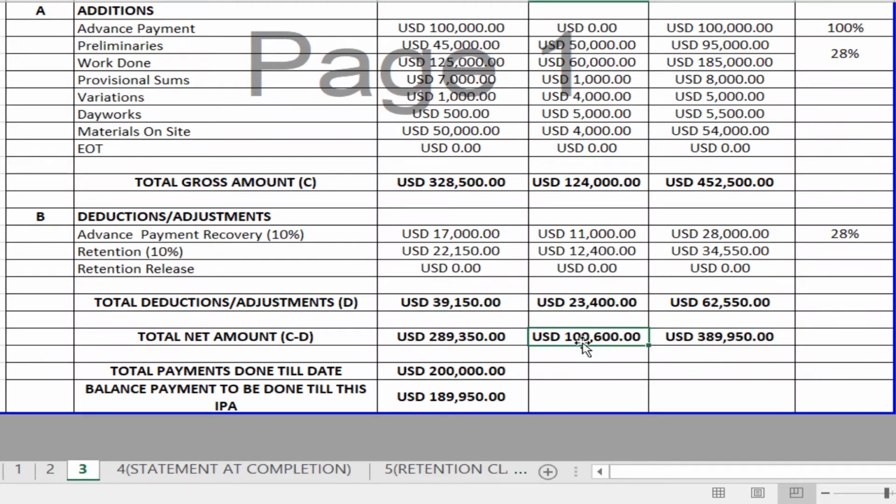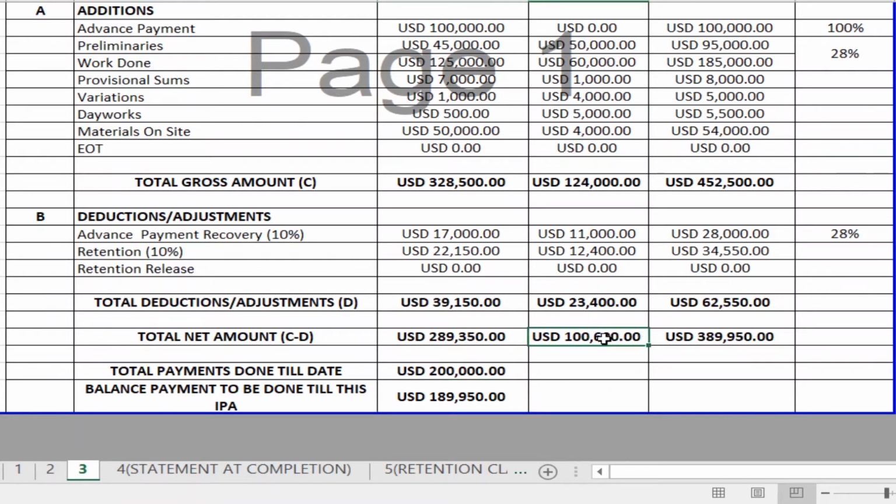Currently, you have to receive 100,600. But since you have received only 200,000 USD, the total minus what you have received: 389,950 minus 200,000, which is 189,950, is the one that you have to receive.